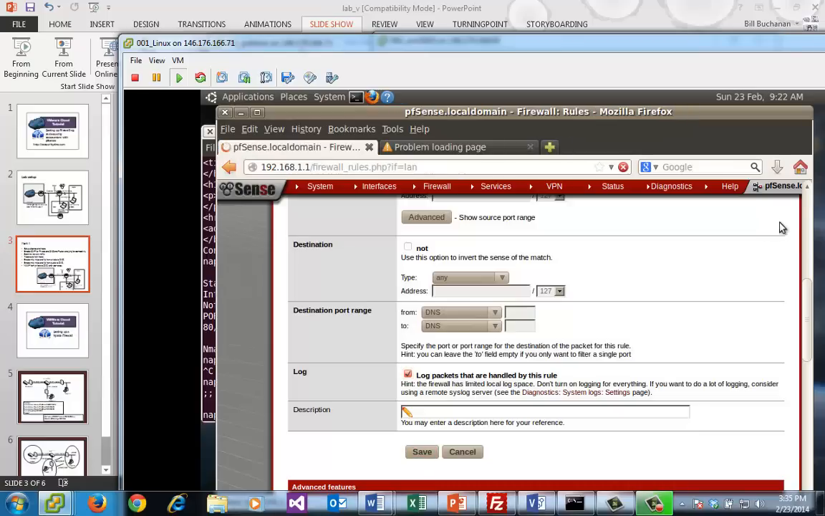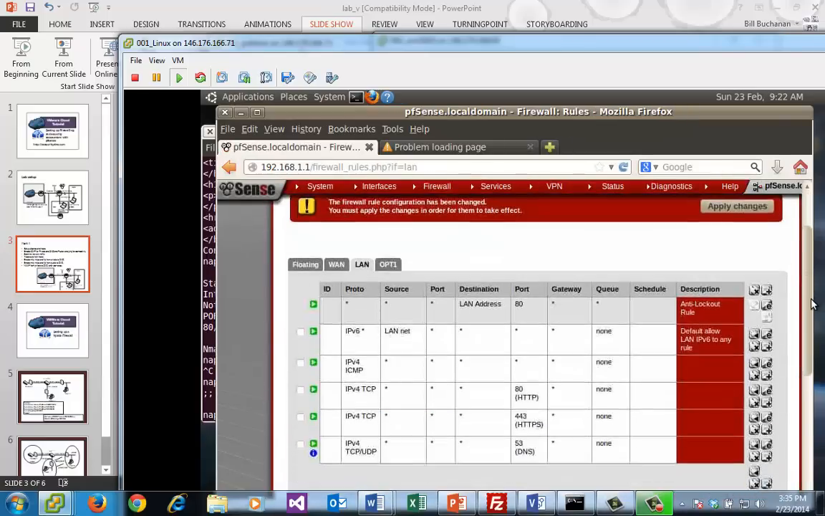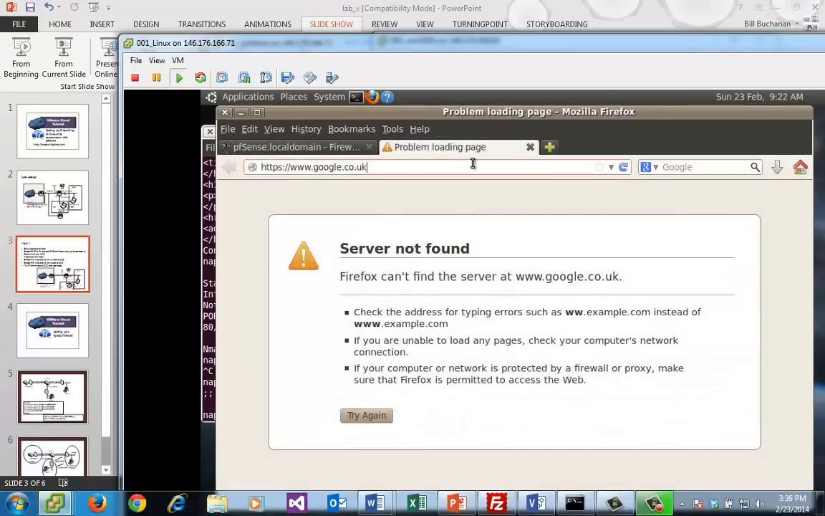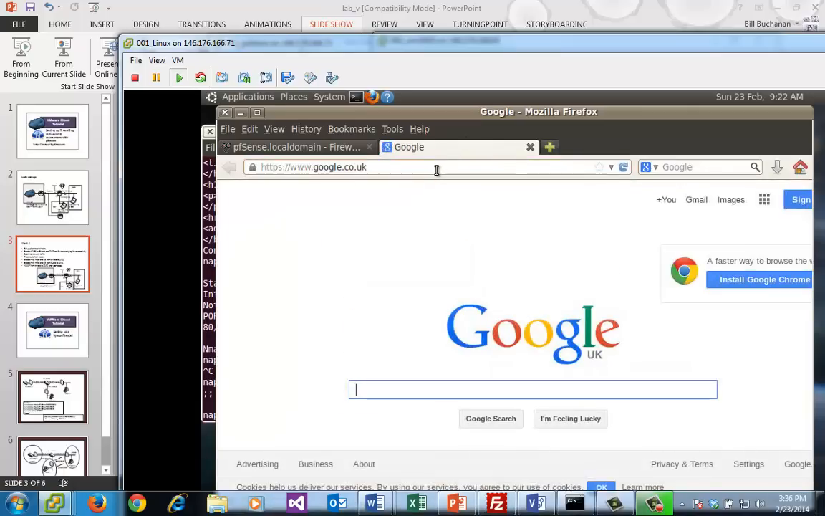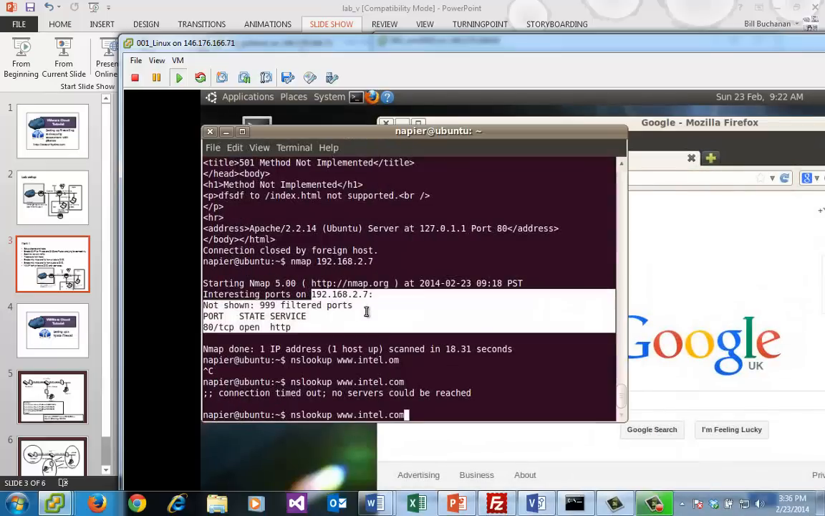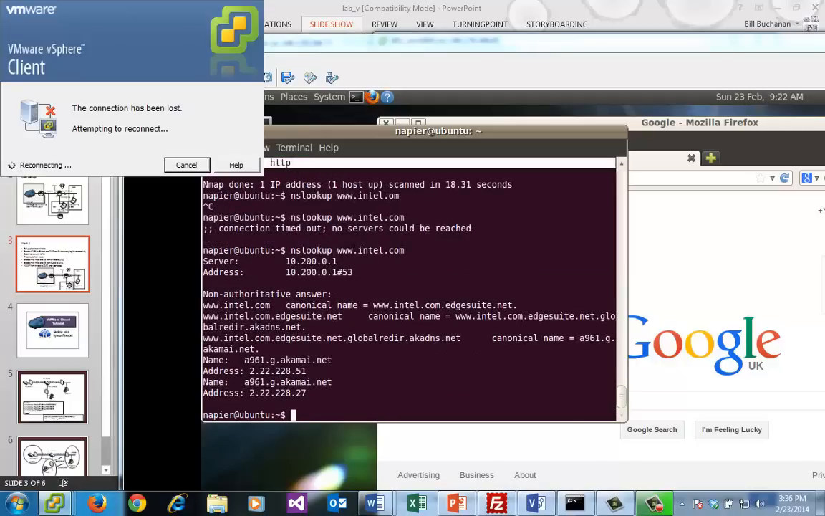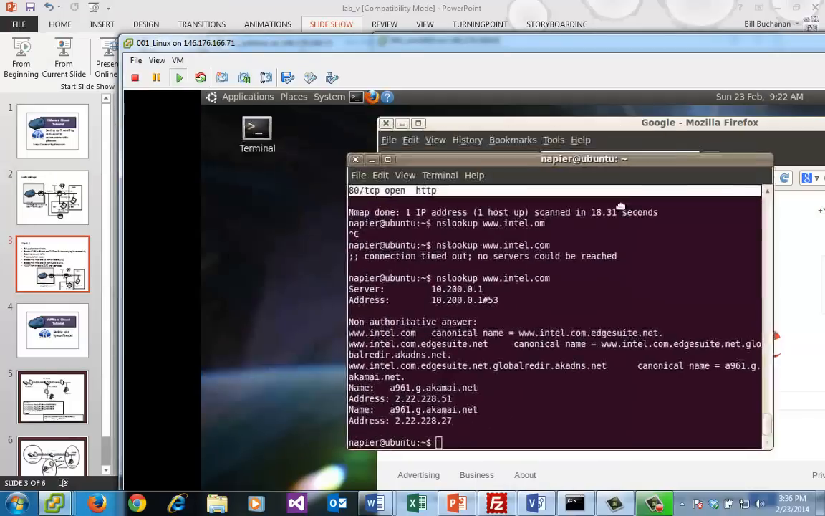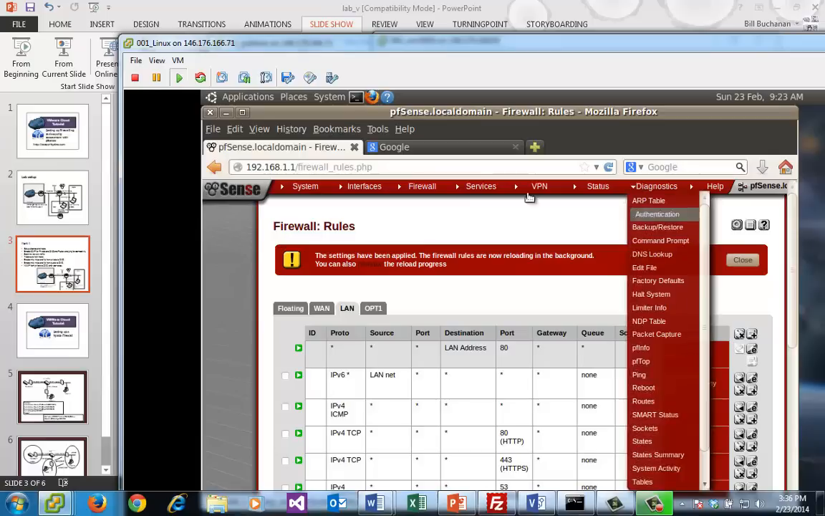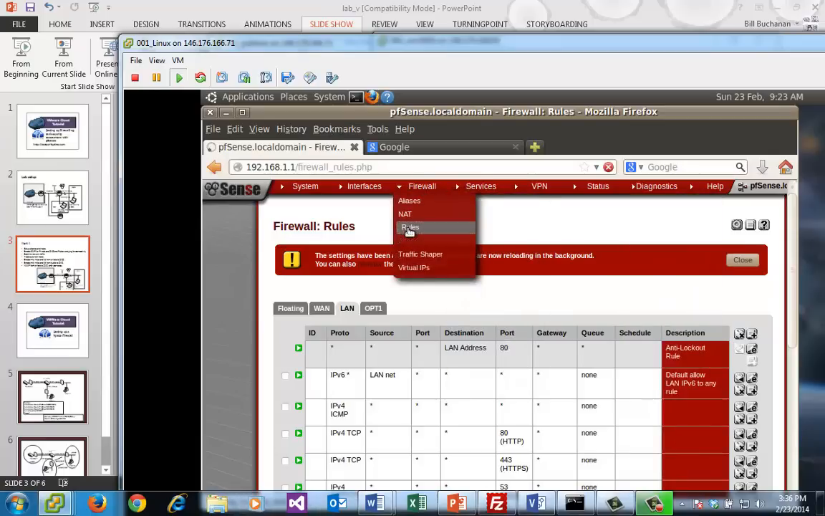Let's log. Okay, let's check again. So we've got HTTP, HTTPS, port 53 for all destinations, so everything should be fine. So fingers crossed. There we go. Okay, so the DNS is now working. Isn't that fantastic? Okay, so what we'll do is we'll make sure from the DMZ that we do the exact same thing. So we'll go to rules,